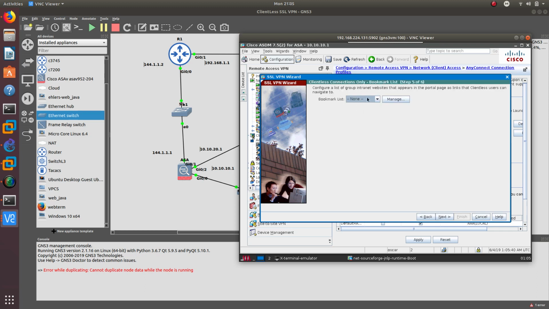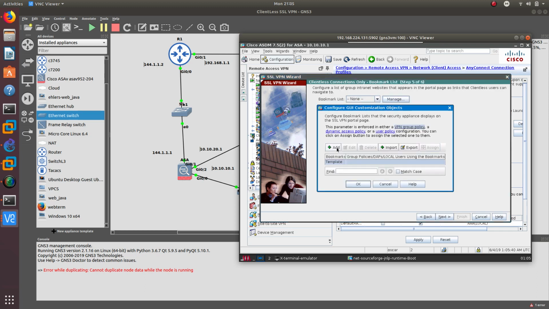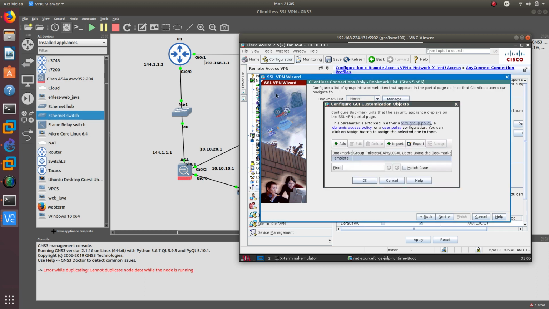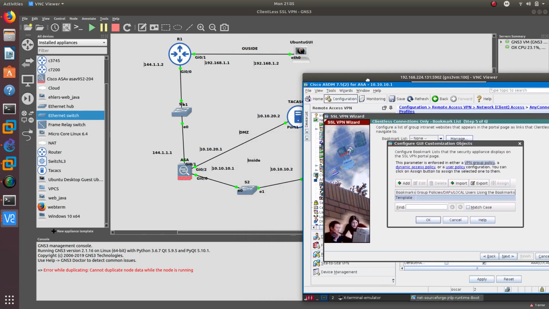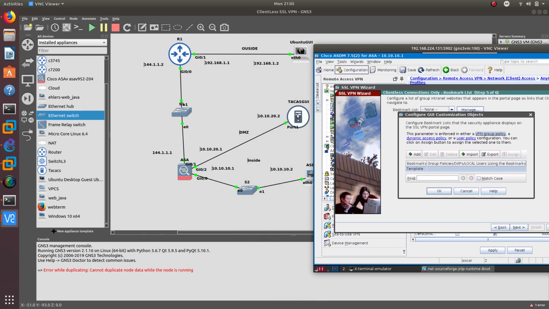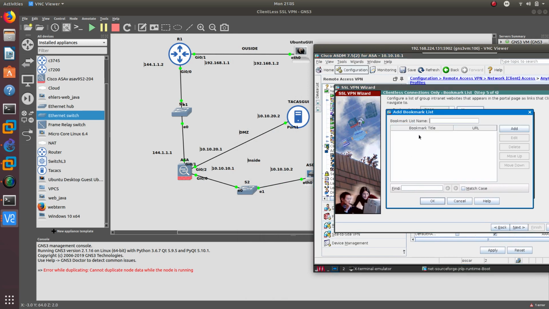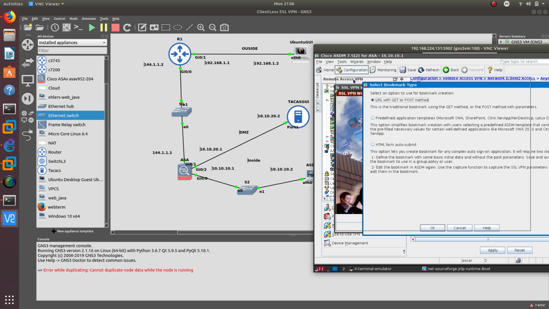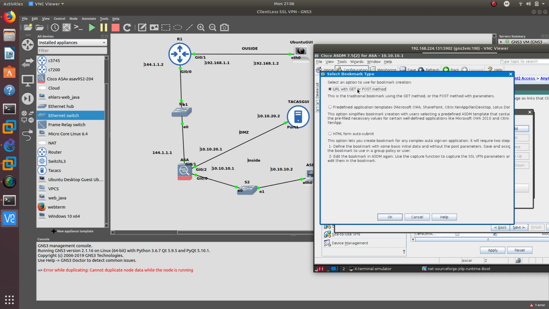Click next. Let's go ahead and add a bookmark, and the bookmark that we're going to add is going to be an IP address to the TACACS GUI over here, which is 10.10.20.2. So let's go ahead and add it, and we're just going to create it as my bookmarks. Go ahead and add it, and we are going to leave this one as default URL with get or post